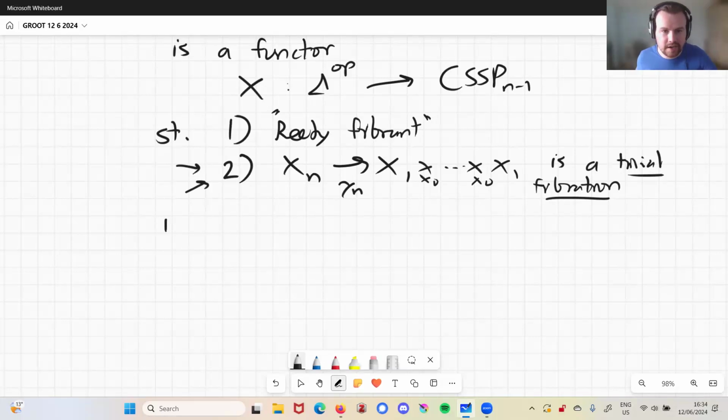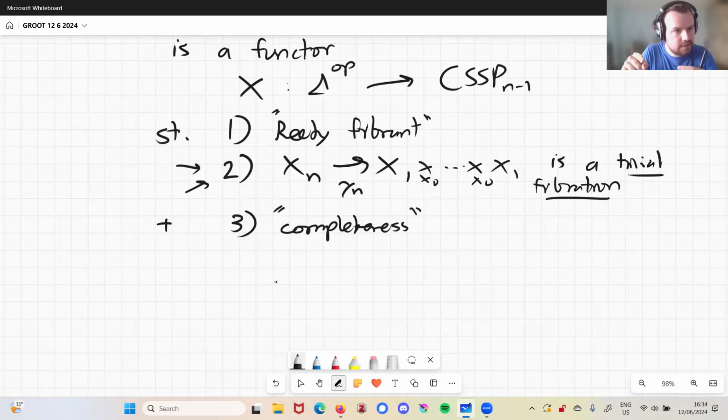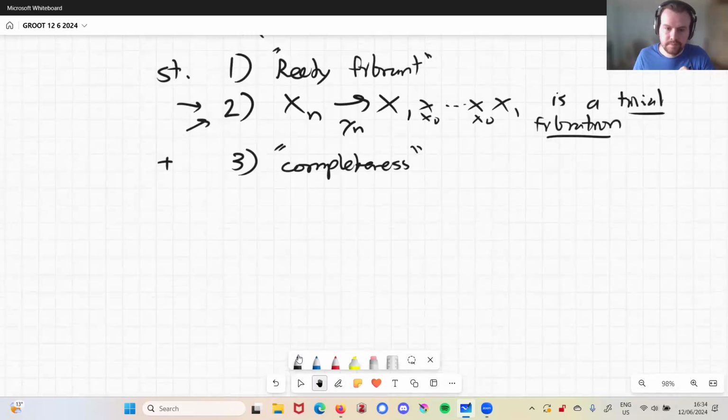And then plus a final condition, which is completeness, which I won't say too much about. All I'll say is that if you look at this induction, n-morphisms, for instance, show up n times, right? At the level of each underlying infinity groupoid or infinity-one category, you can look at the n equivalences there, versus the ones at the outer level that we've introduced. And completeness just makes sure that all of these kind of agree with one another, right? So we don't have duplicates. So the homotopy dimensions and category dimensions coincide.